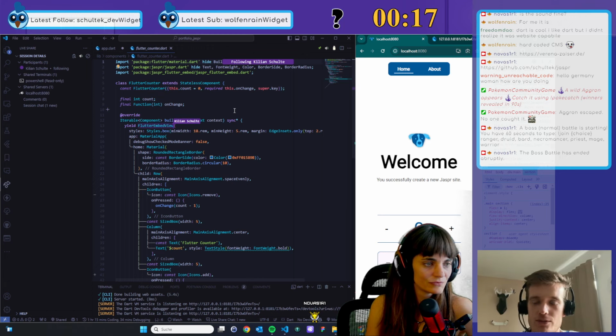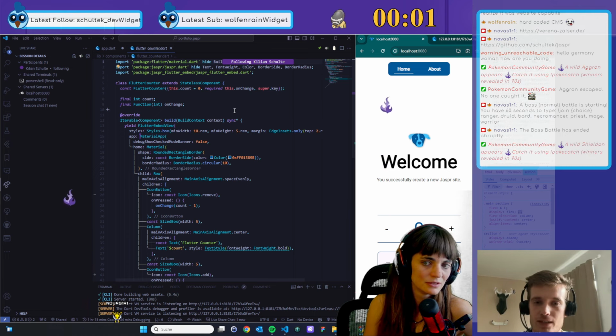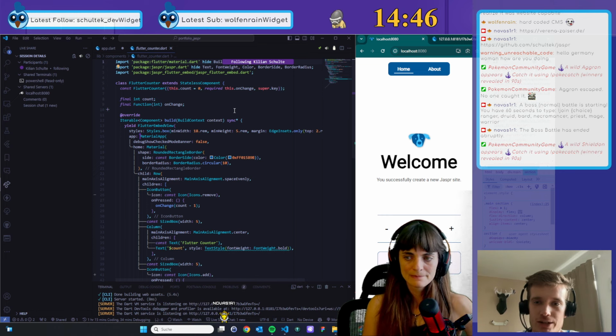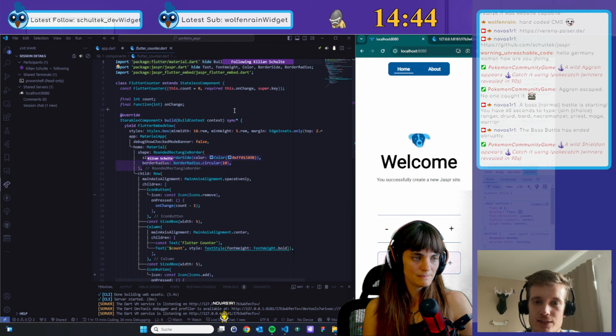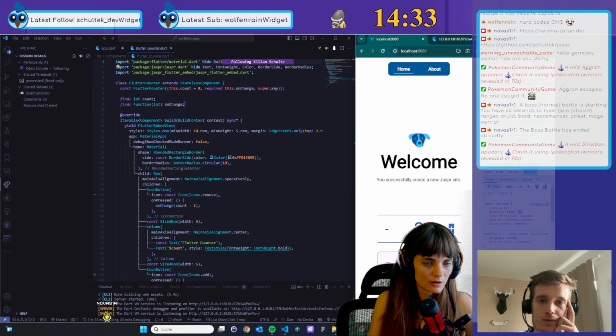We use the Flutter embed view, which is also a Jaspr component, but this one now accepts a Flutter widget, and then it does some magic to embed this Flutter widget in your website. That's cool. And all the benefits you get from that is it's the same code base, it's the same code, so you can do code sharing, data sharing, and pass values between, just like how you would with any other